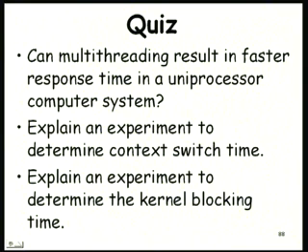If you just make a system call, get the time before and after the system call, it also includes how much time the system call has taken to complete, but we are interested in kernel blocking time. Some systems, we can register a system call, a kernel level function,